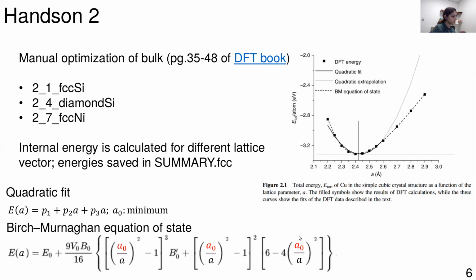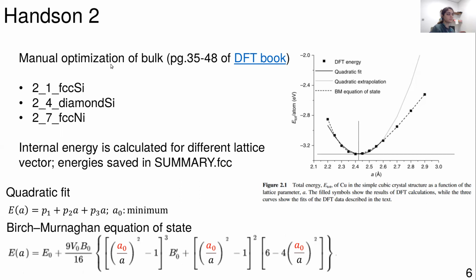When I was doing the PhD, I wrote this equation in Origin, and then I could fit, but it's a bit painful. So I will not tell you to use Origin for that, unless you want to spend time on Origin or you are very good at it. If you are very motivated, you can use Python or another program to do it. It's not something that you can do with OpenOffice. Otherwise, just use the first one, the quadratic fit, because it's good enough for what we need to do now.